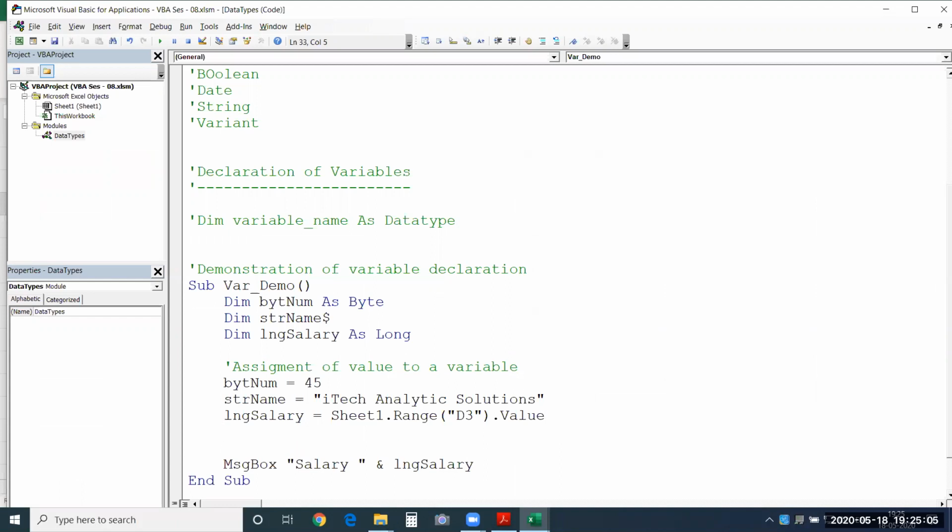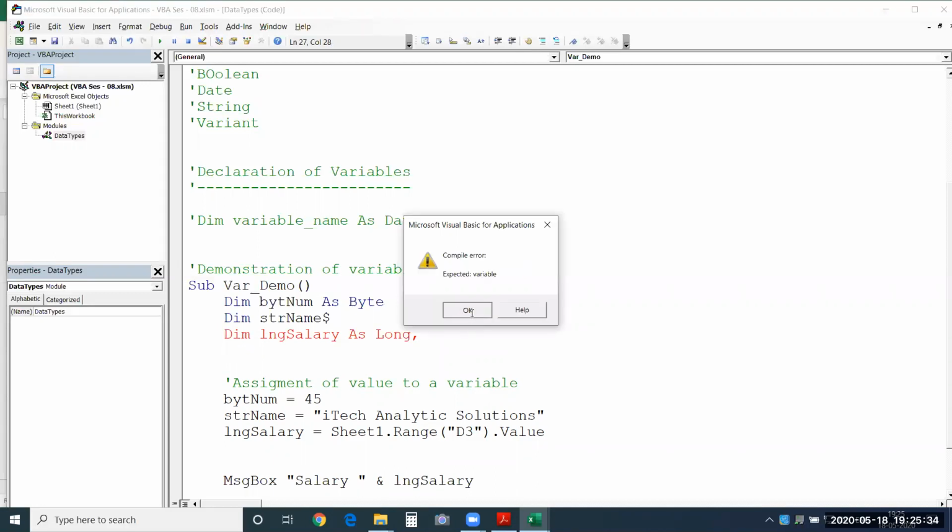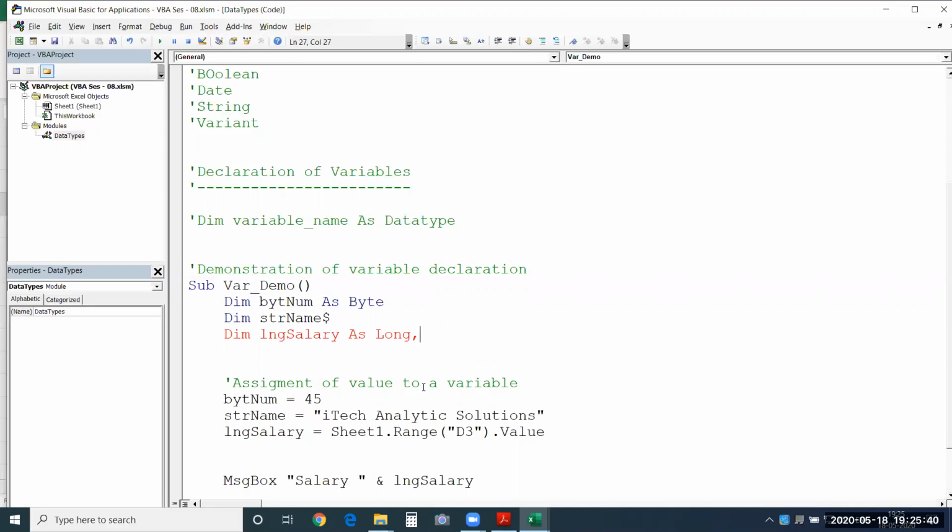There is also another way of providing value to your variable, assigning value to it. Now let me show you that as well. We have this Dim, and the best practice to declare your variables is to provide them in different lines. You could also use the same line, it's fine, but best practice is to provide them in different lines so that you will know which data type you have assigned to it. I'll be showing you another alternative method also to save some space, so people use this way as well.